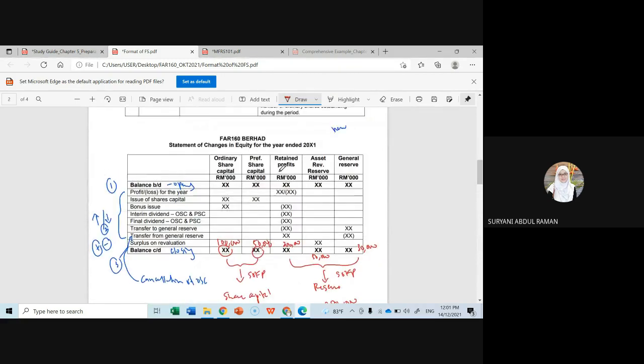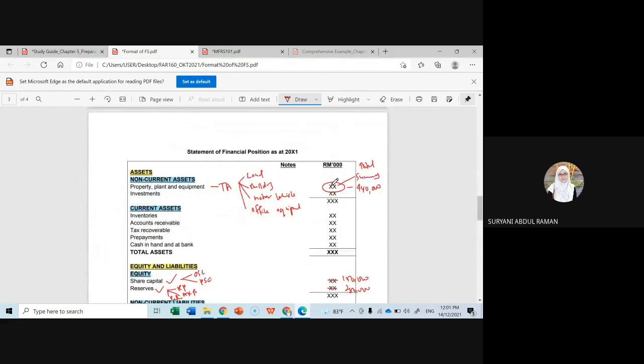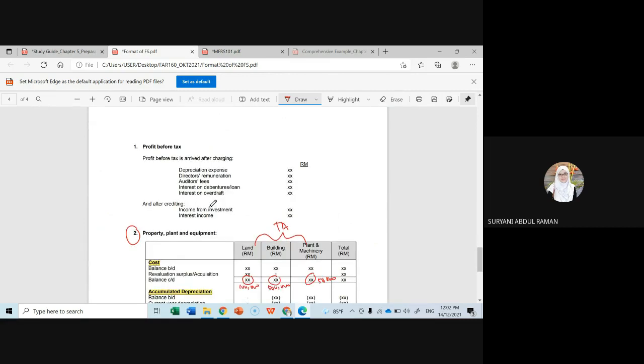So, since you only provide the summary, what you need to do is, okay, you will put notes for this account on the face of the SOFP. So, here you will record note number 2. So, you will cross-check with the notes. So you are going to prepare the notes. This is the notes of the financial statement, and we are referring to number 2. So how is the